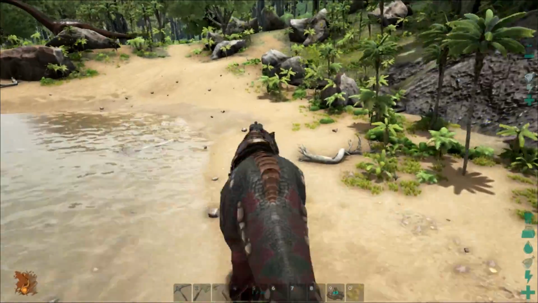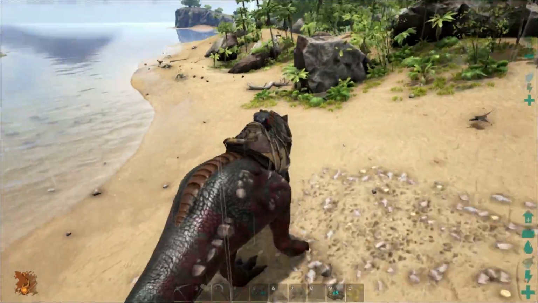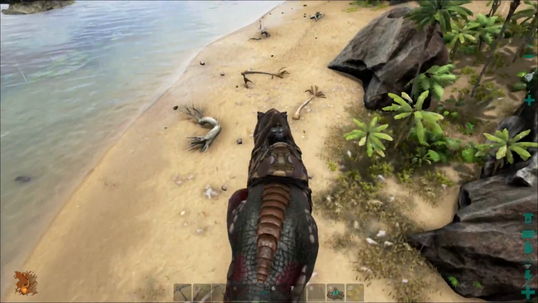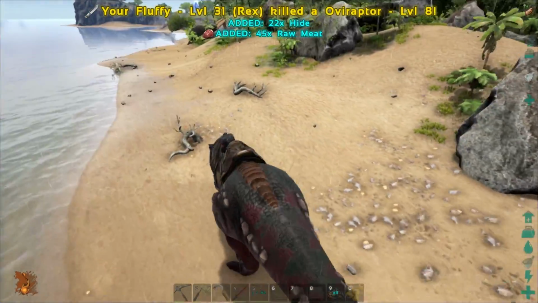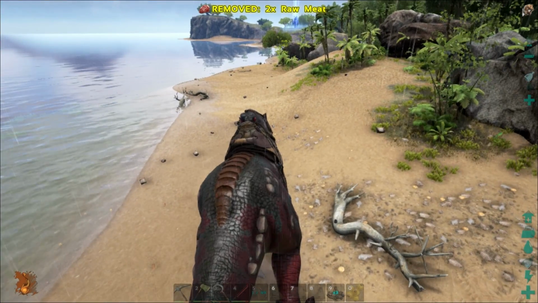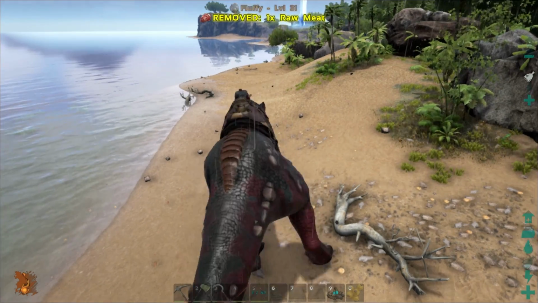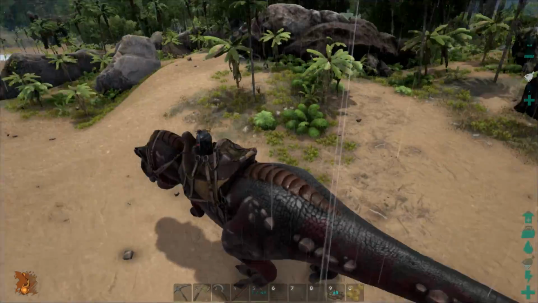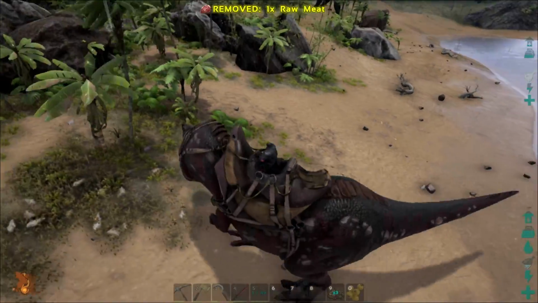Of course, when we go to eat things, there's nothing on the beach to eat. Here's an Oviraptor. Can we one-shot him? Two-shot, looked like. Is he out of stamina already? Okay. I kind of wish now, instead of his melee damage, that I had upped his stamina. Because it seems like he's not really...